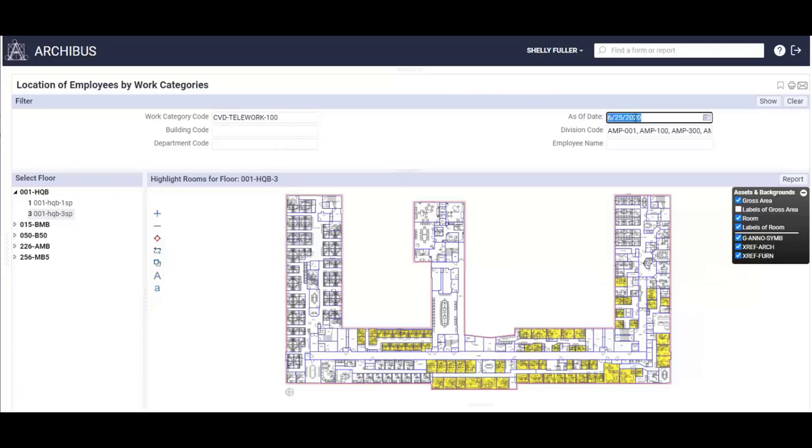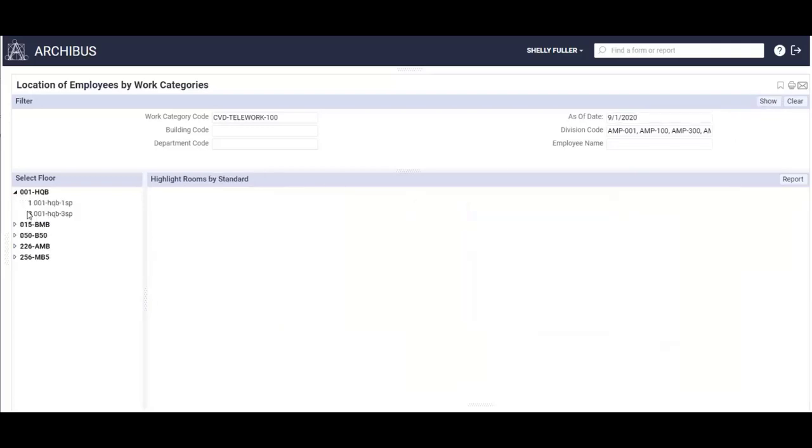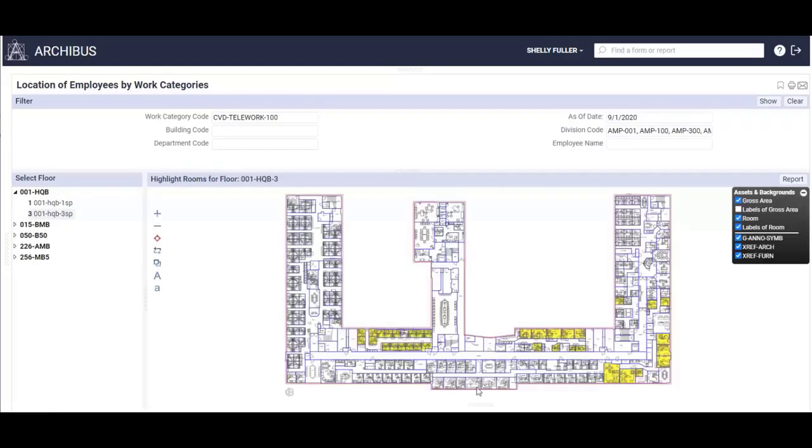We can change that date from June 25th to, let's go ahead and change that to September 1st to see if that looks different based on our plans for possible future phases. And so once I hit show and pick that same floor again, I'm most likely going to see some different information. So now I saw less rooms highlighted because we're starting to see employees transition back into the office and